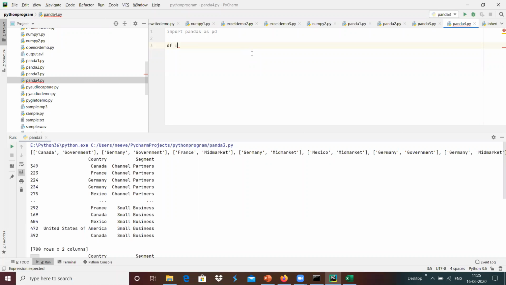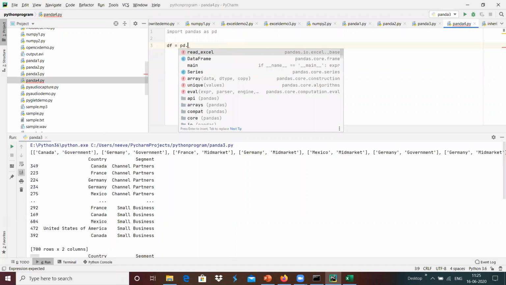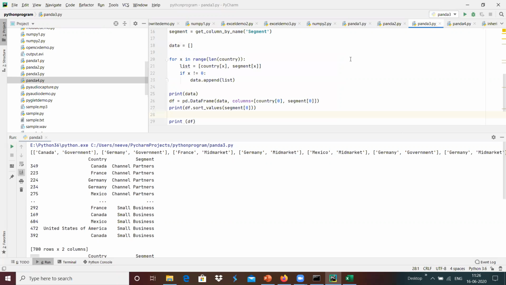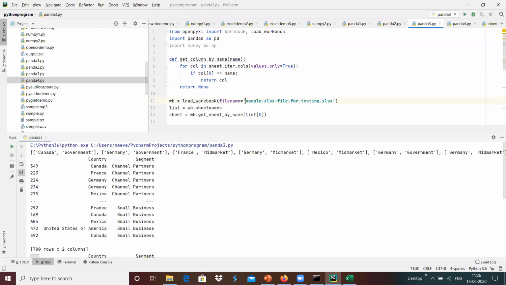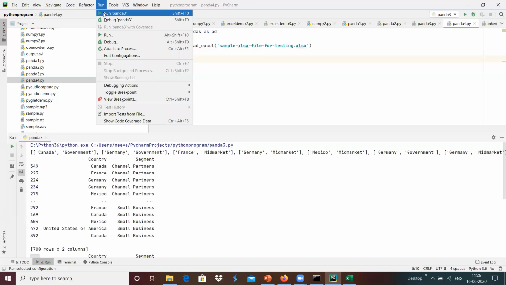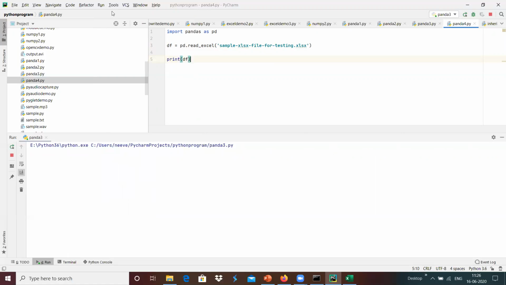Yeah. Now I'm going to use pd dot read excel, and for the Excel file I'm going to use the file over here. And once it is done, maybe we can use print of df over here, and I'm going to run this. Not panda, I have run it wrongly. Maybe we can stop it.